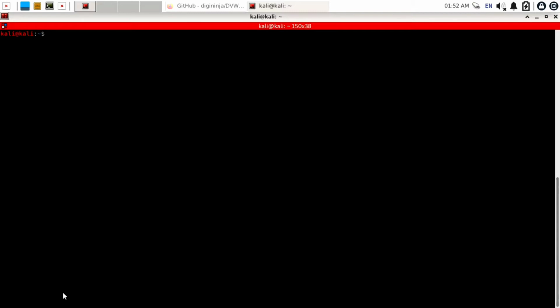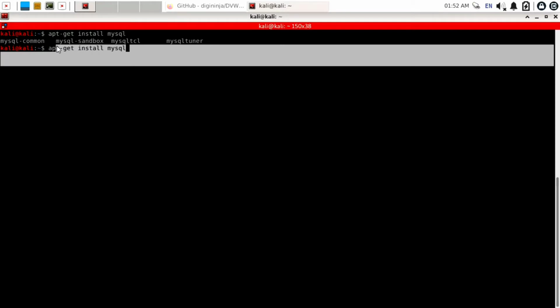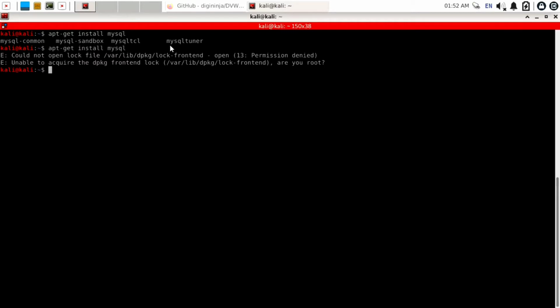Now we need to install MariaDB. To install MariaDB, you can perform the same command as before. So use sudo apt-get install and mysql. You can double tap to find packages. There are multiple packages like mysql-common, mysql-ctl. Okay, there is no MariaDB package. So simply use sudo here. It is showing us a dpkg lock error because I didn't use sudo there. So let's try sudo apt-get install mysql, and it is showing unable to locate mysql package.